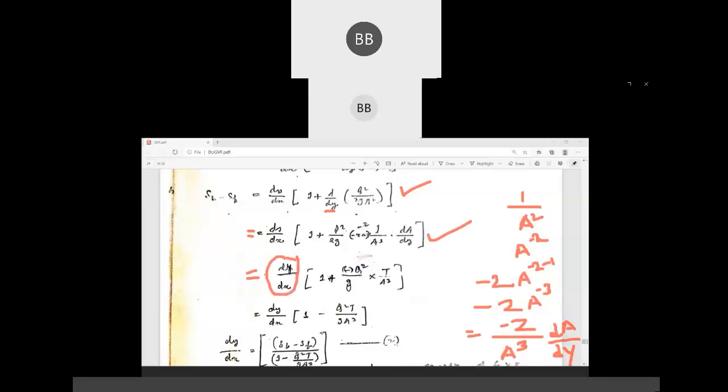1 plus 2 is there, minus 2 is there, and here also twice Z. So this 2 will be cancelled out. We will be having minus Q square divided by gA cube, and here also we have A cube. And we all know, we have discussed many times, dA by dy is nothing but your top width. So in place of dA by dy, you can write T.